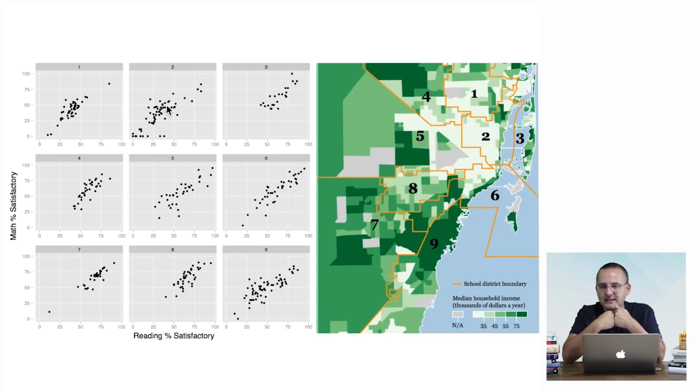Well, if I could explore the data further, the next step that I would do would be to find the coordinates, the longitude and latitude of each one of these schools, or I would use, for example, Google Maps to find them on a map. Then I would plot those schools onto the map to see whether the low-performing schools are on the low-income side of board district number 6, and the high-performing schools are on the high-income side. That will really show the evidence behind that claim that in developing countries and developed countries like the United States, there's a very strong relationship between income levels and school performance.